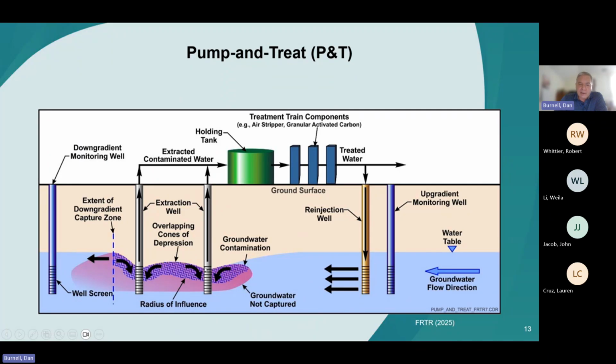And what we'll do is we'll pump the groundwater out, and when you pump the groundwater out, it lowers the water table and it creates a capture zone. And so contaminants within the capture zone cannot migrate out, and eventually, as we pump, they'll slowly migrate to recovery wells and be taken out, and then they'll be treated. Okay, and so groundwater modeling is typically used to try and design the configuration of these recovery wells so we can have hydraulic capture and to assure